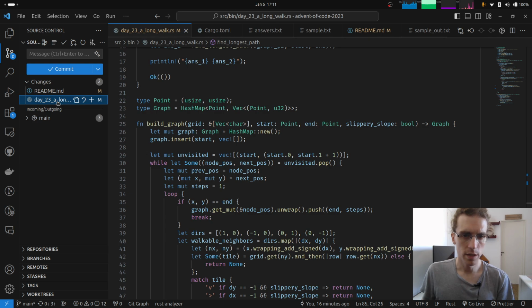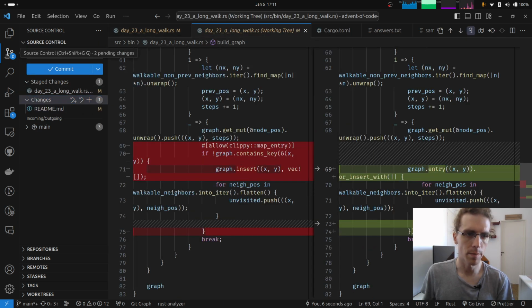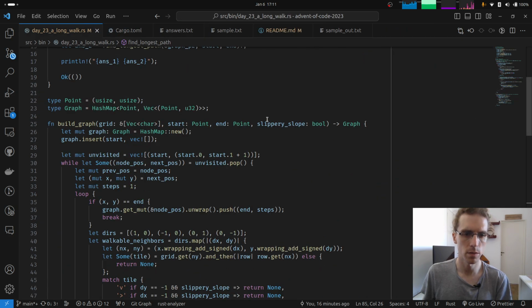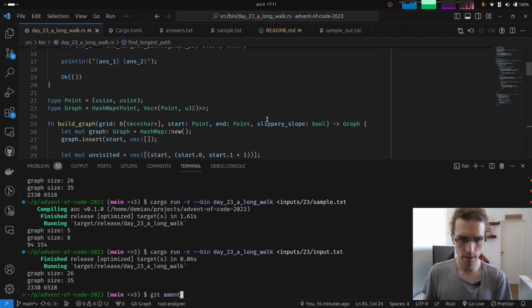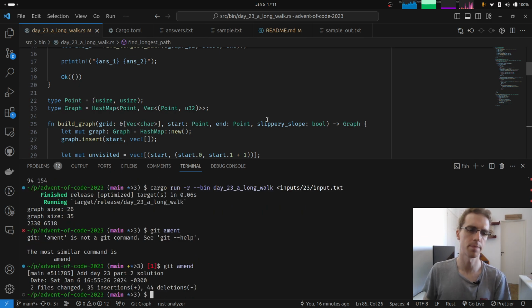So yeah, what we changed is just this Clippy warning. So let's just add it and amend the previous commit. So it's amend, not amend, amend. Okay,